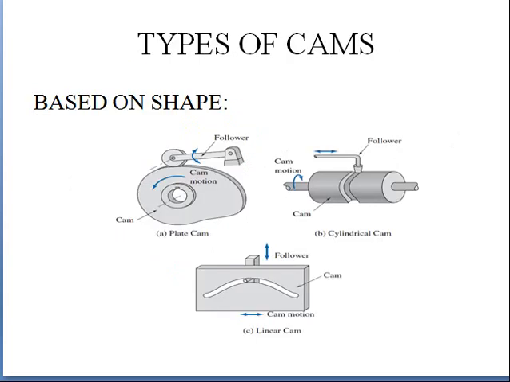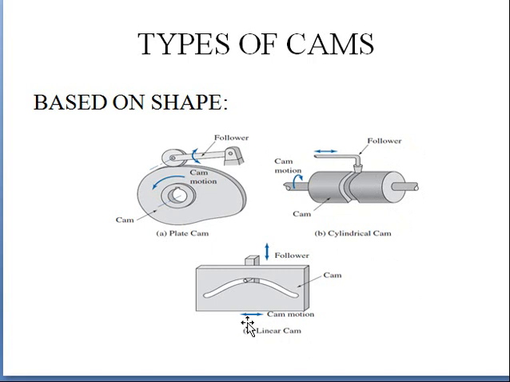First one is types of cams. Based on the shape, the first one is plate cam. See, in case of plate cam, we'll have a translatory motion. When this cam is rotating, the follower will also move front and back. So this is plate cam, and this is cylindrical cam. Over a cylinder we'll have a groove like this, and the follower will be inside. Now when the cam is rotating, based on the rotation of cam, the motion of follower will also take place.